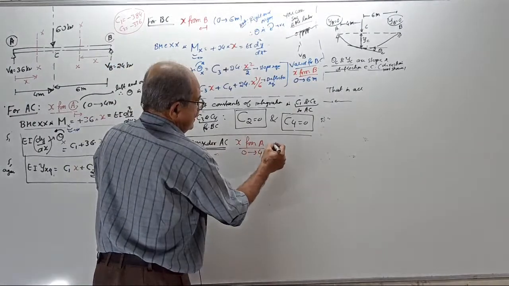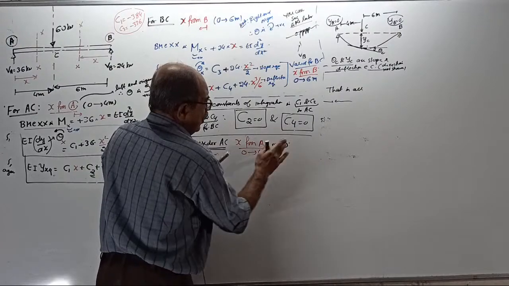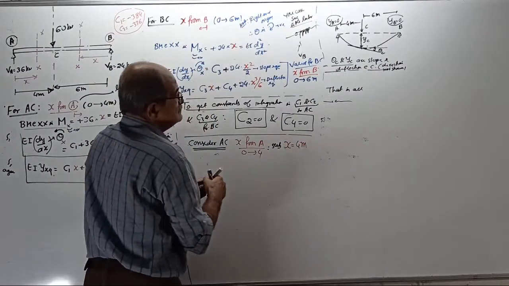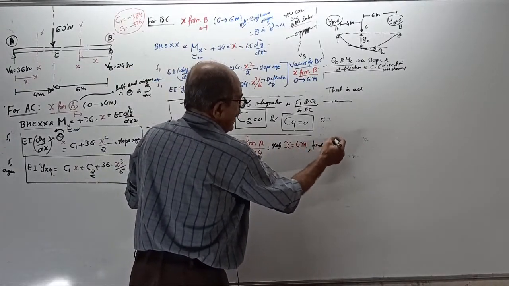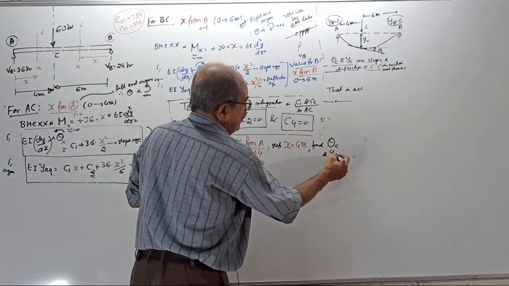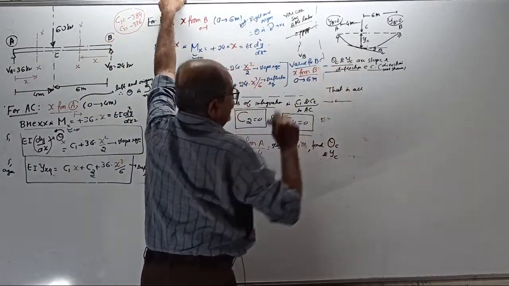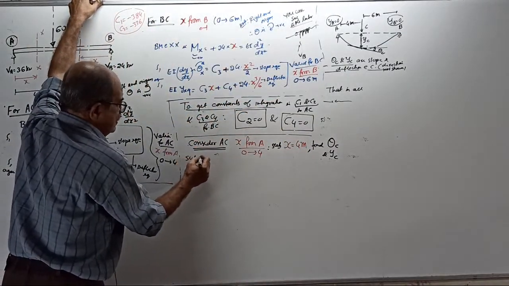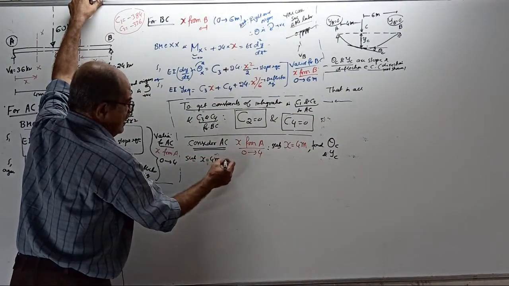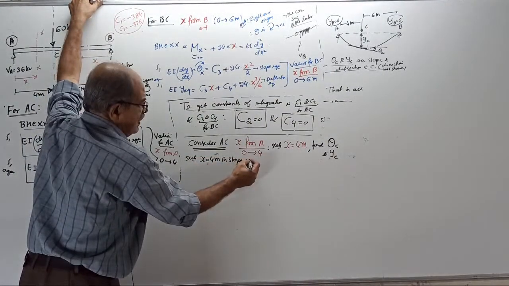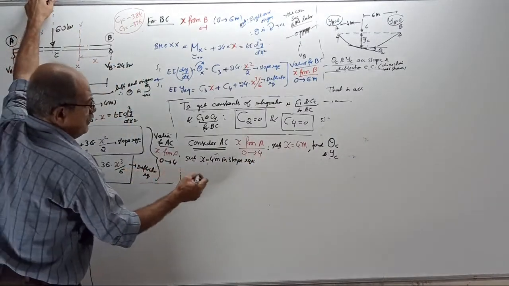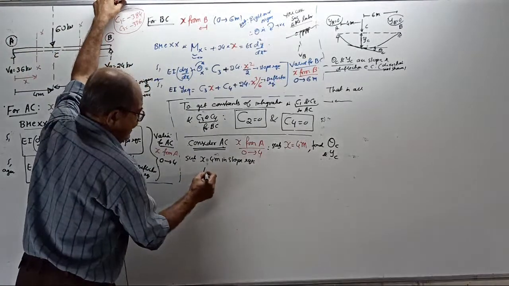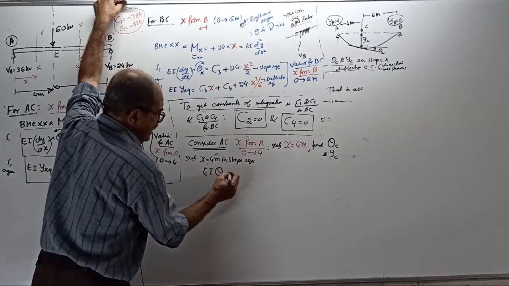Correct? Here, substituting x equal to 4 meter, what you do? Find the value of theta c and yc. When you put x equal to 4 meter, you are getting theta c and yc. So, substitute x equal to 4 meter in the slope equation for AC. You get EI theta c